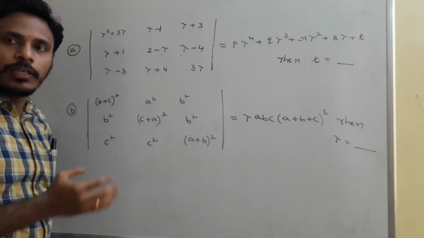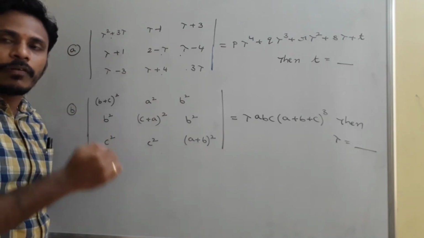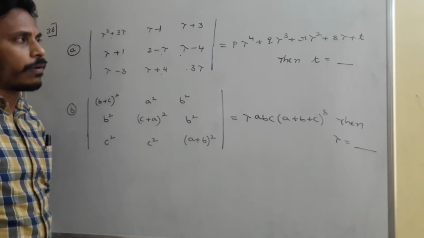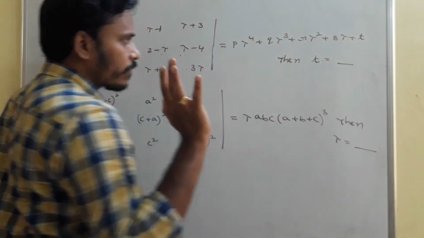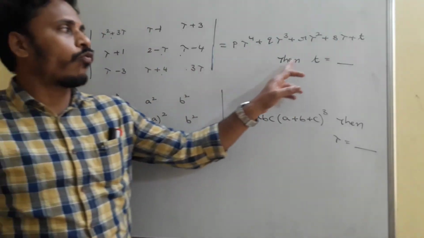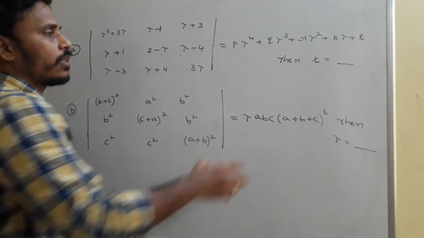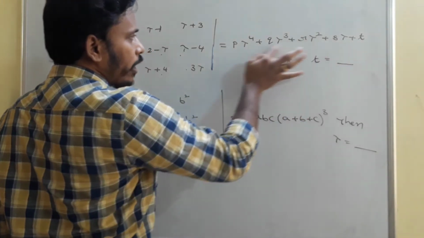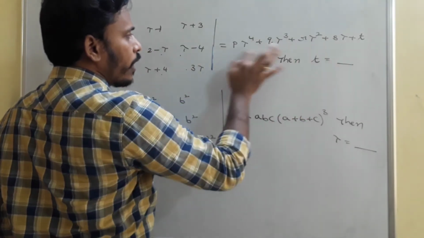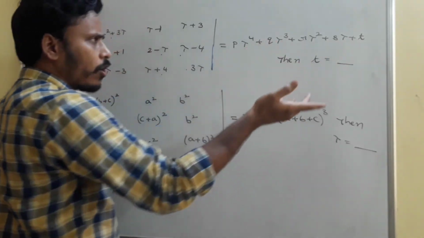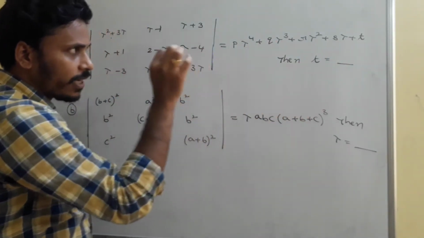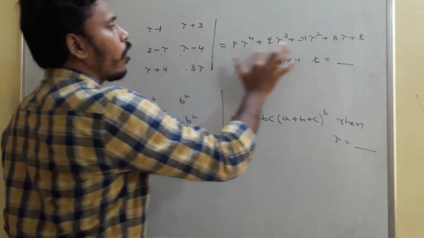Since it is fourth degree, it will contain the terms like power 4, power 3, power 2, power 1, power 0, and all these are the terms. And at the end what I need to find is the value of t. Just look there, the t is a constant. I don't need all these values at first, okay? Since I don't need all these values, you may neglect all these things. Just I need t and I don't need all this.